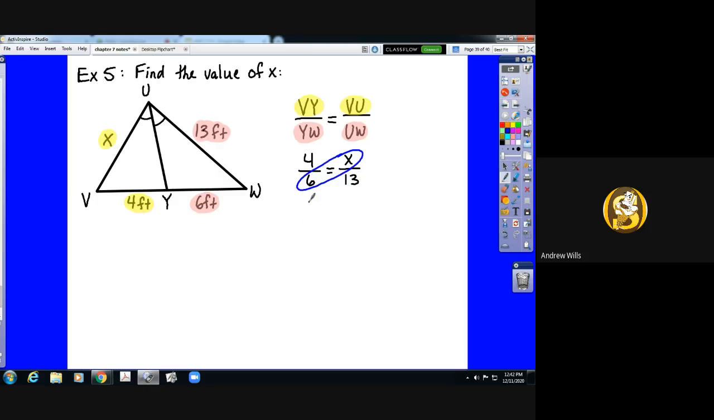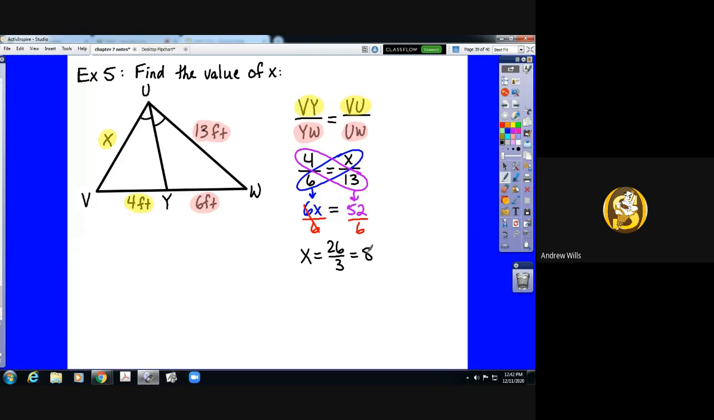6 times x is 6x. 4 times 13 is 52. So our equation is 6x equals 52. Then we divide by 6. 52 is not divisible by 6. However, it does reduce. Both 52 and 6 are divisible by 2. So that would be 26 over 3